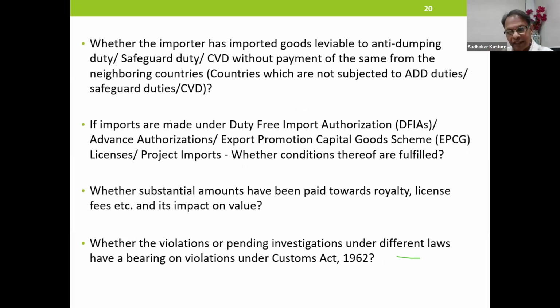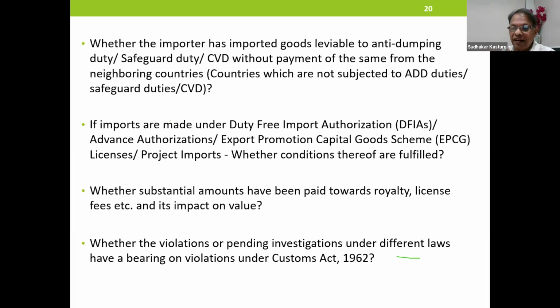Very important aspect. In other words, are the goods traded? You have imposed anti-dumping duty on Chinese goods, and goods are coming from Bangladesh. Are these goods originating in Bangladesh and coming to your country, or is it traded goods coming from China by change of label into your country? That will also be checked.